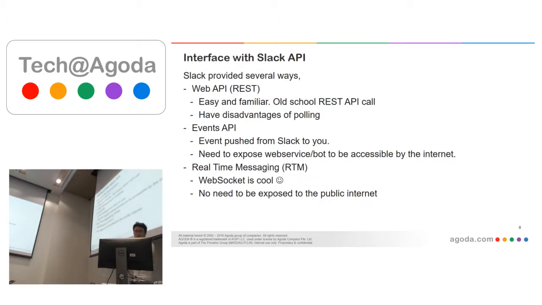So I want to talk a bit lower level. With the Slack API, they provide several ways for you to interact with it. The classical web API: you just do one call to the API, a GET or POST call, and then you get some response, like I want the latest message on this channel, I get one message, and that's all. Or, for example, I want to post one message, and Slack replies, yes, 200 success. So you know that your message is posted to the Slack channel.